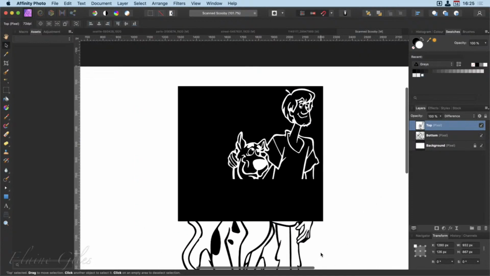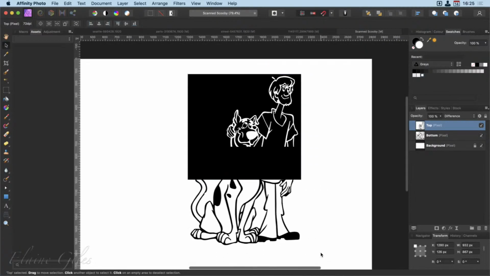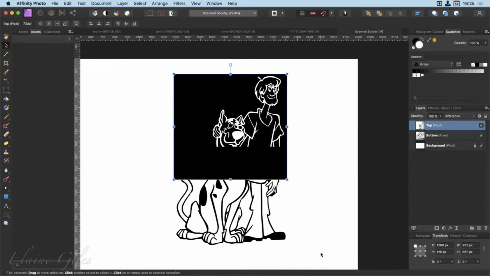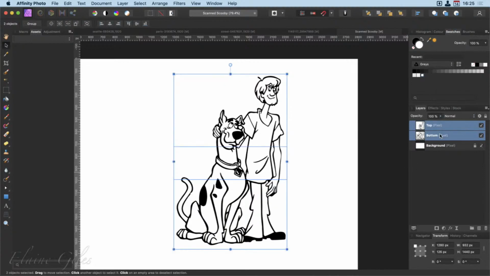And with something like this, which was a scan, I'm never really going to want that in 2 halves. It wasn't a choice, it was forced upon me by the equipment. So once I'm absolutely confident that that is lined up, I change that back to normal, grab the 2 of these, and if I might want to move them, then you could make a group, couldn't you? But you could also